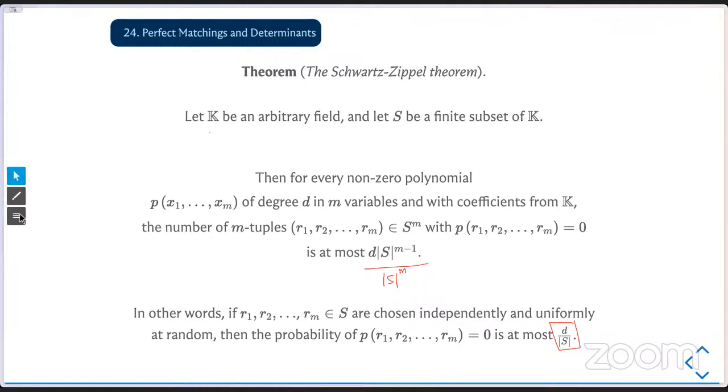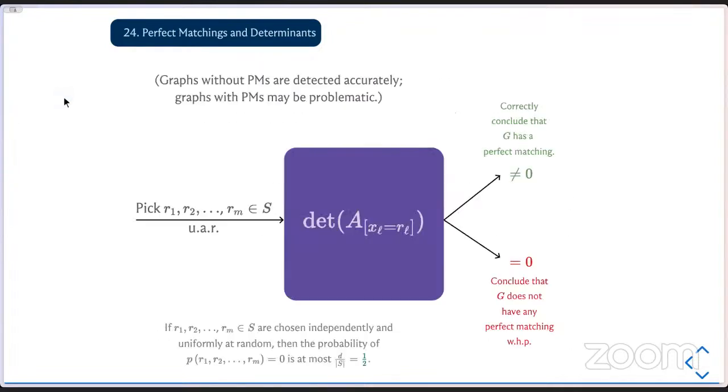So first, let's quickly check that this is helpful for the setting with the matchings. This is what we want to do with our matching polynomial. Remember that's a multivariate polynomial with n variables. Each term in that polynomial is a multilinear term, so the total degree is n. And this Rm, actually I should have changed that to Rn because we have n variables here. So we have to pick an appropriate field